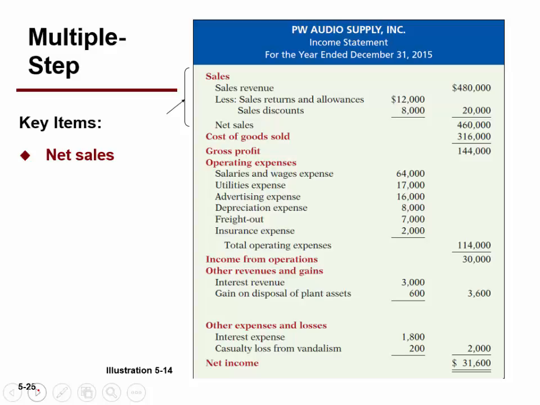And then I start going down and I start bringing in non-operating items. Classic example, interest revenue and interest expense are non-operating, right? The other thing that they're showing us here as non-operating is gain on disposal of a plant asset. Gain on disposal of a plant asset. What does that mean? Sold some equipment. Yes, I did. I had equipment that I bought for $5,000.